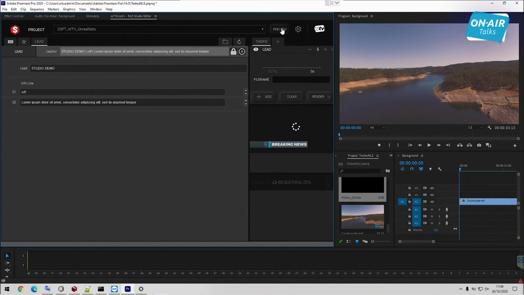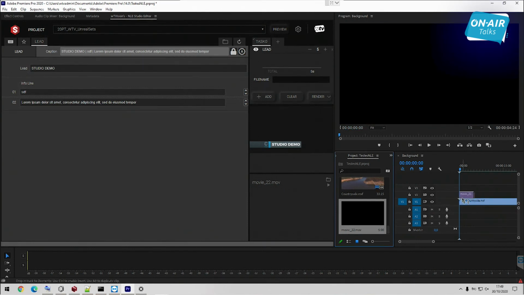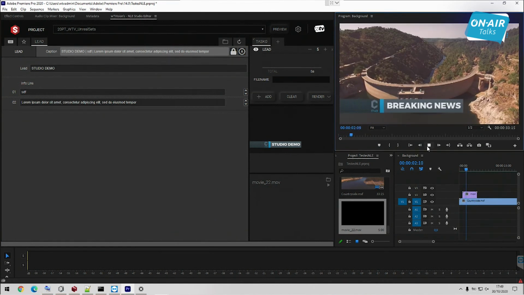I can also preview my data in the small image here. So now the sequence is prepared and I can drag it to my video. So if I play here